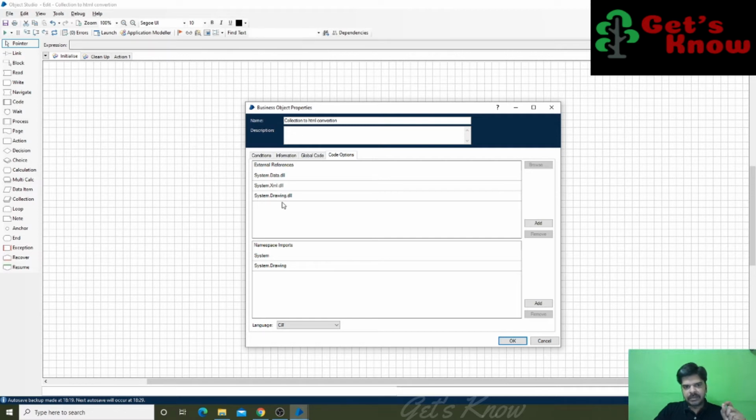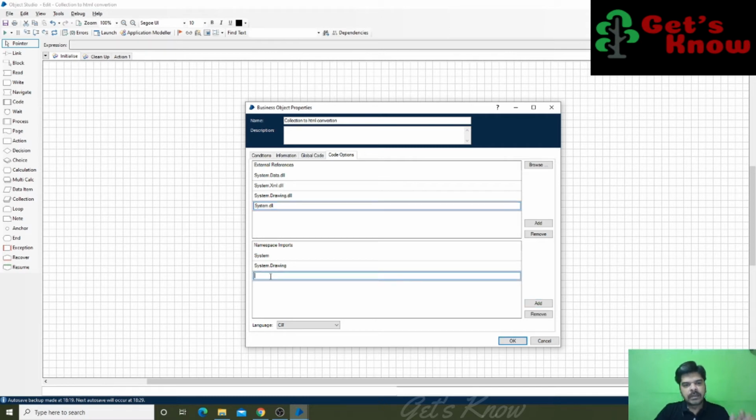For our requirement, we have to add system.dll and the namespace, because StringBuilder is available in the namespace System.Text.